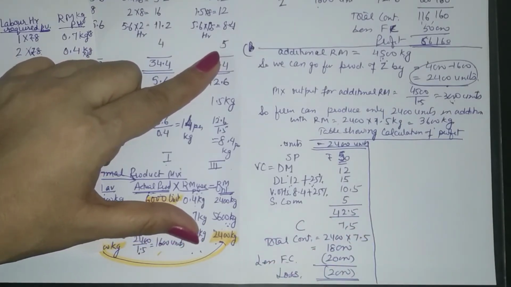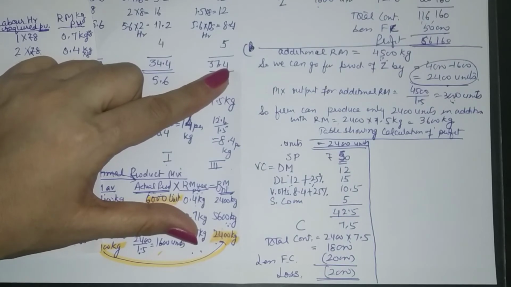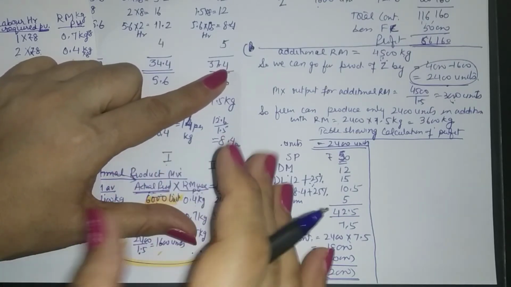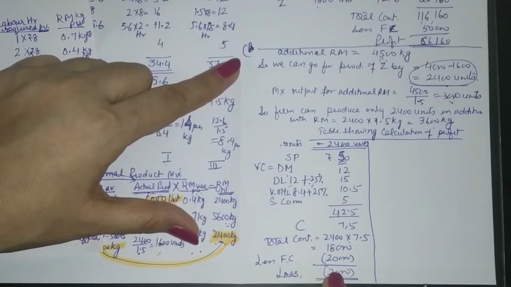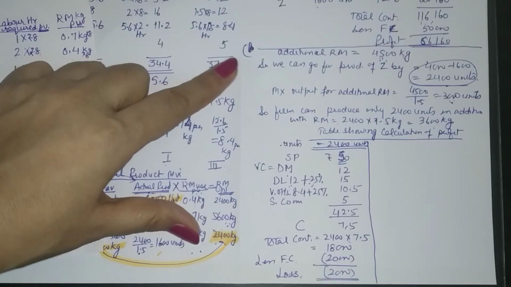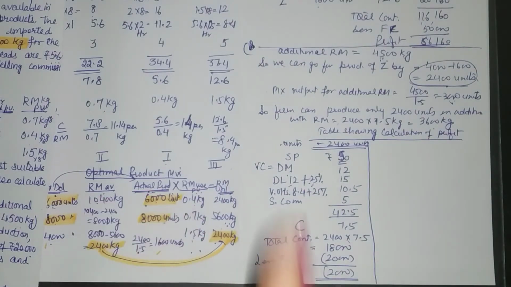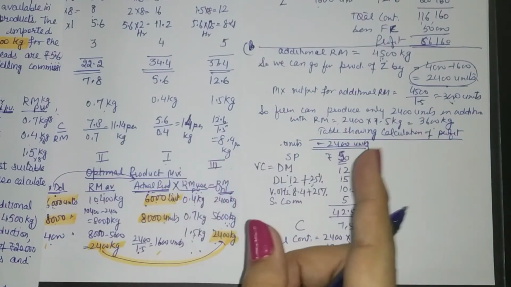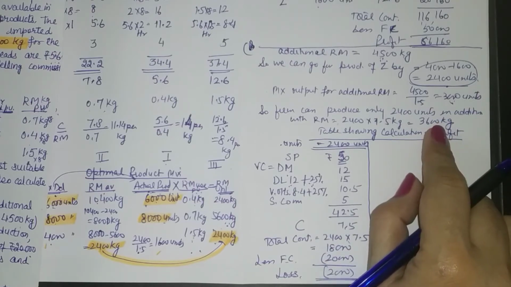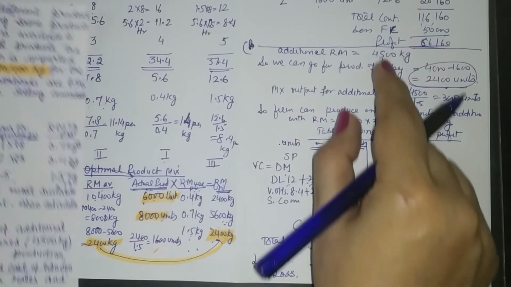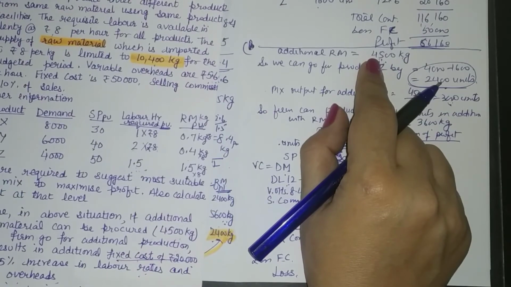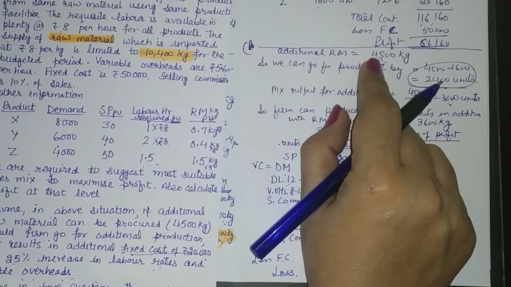Suppose your fixed cost increase was not 20,000, it was just 15,000. Then for this additional production, your profit is going to be 3,000. So then you can say that since it is resulting in a profit of 3,000, yes, we should go for additional production of 2400 units with purchase of 3600 kilogram of raw material. This you still need to write. You won't buy the whole raw material, even if it is available. We don't need it, right?